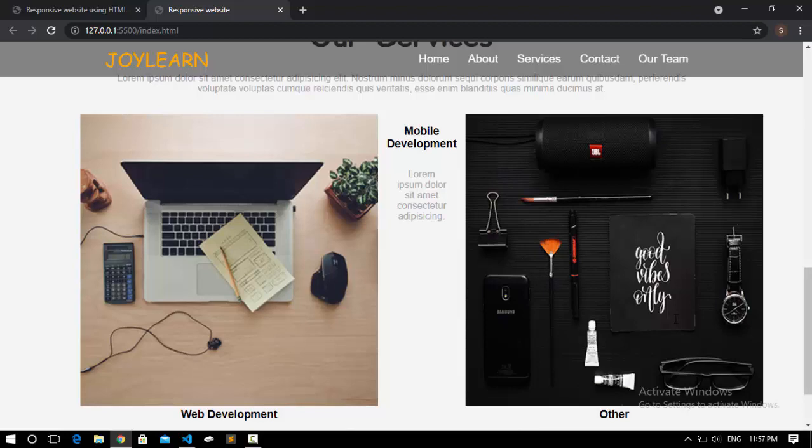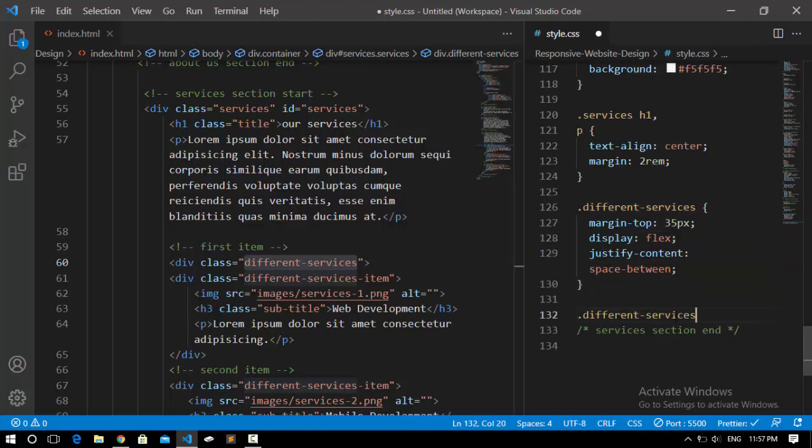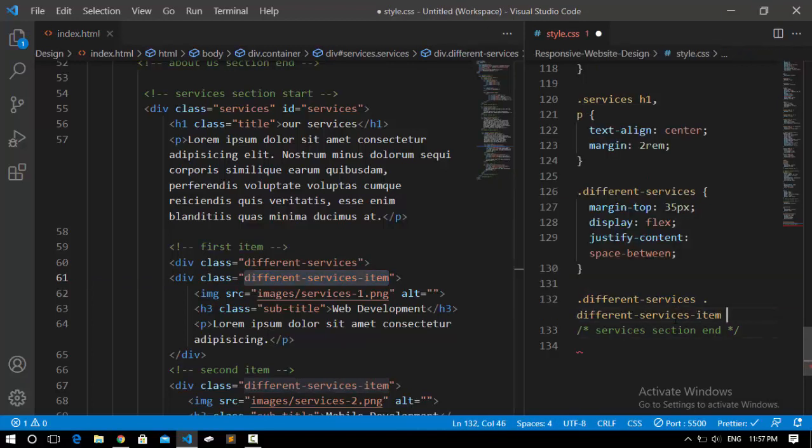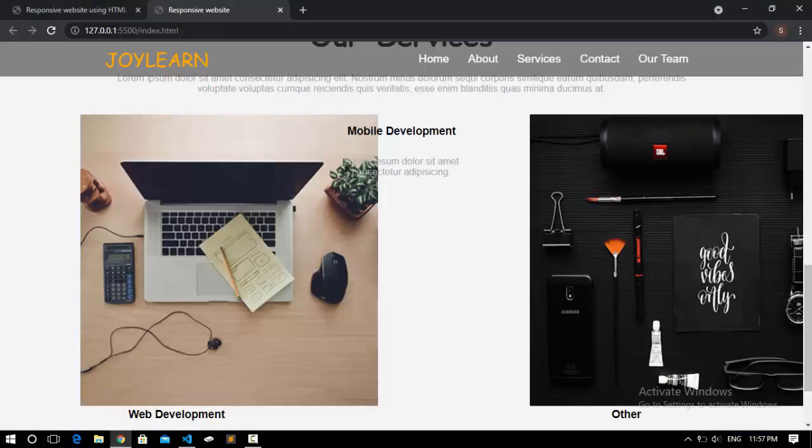So after that, from the different services, we've got to select the different services items. So I just copy this from here and put it here. So here what I'm going to do is give it a little width, which is 30%. Now still it doesn't look fine, but here